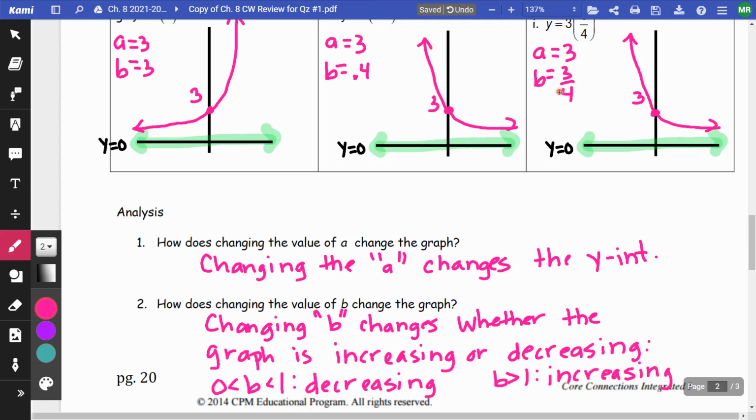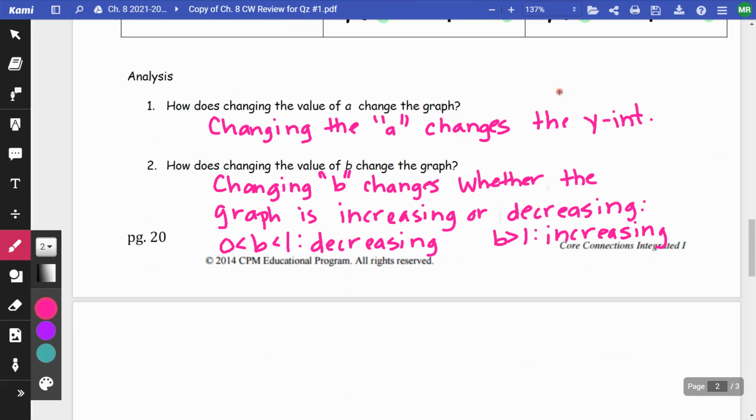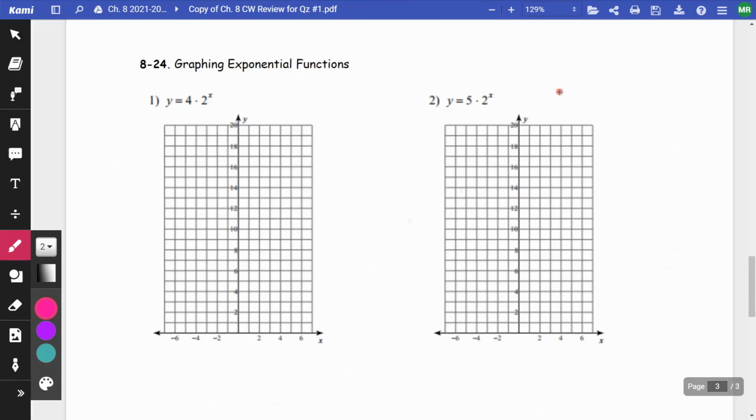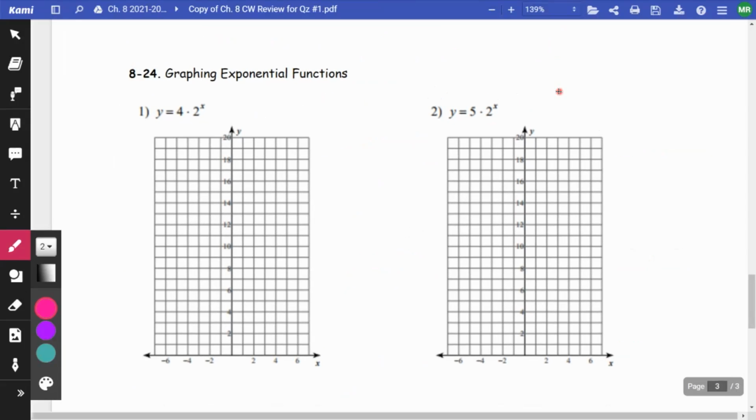Okay, so now the next page is like our homework. These ones you just did are going to be like your quiz where you're sketching. The ones on the next page, they're giving us a graph. We are going to be graphing them accurately. So what we did